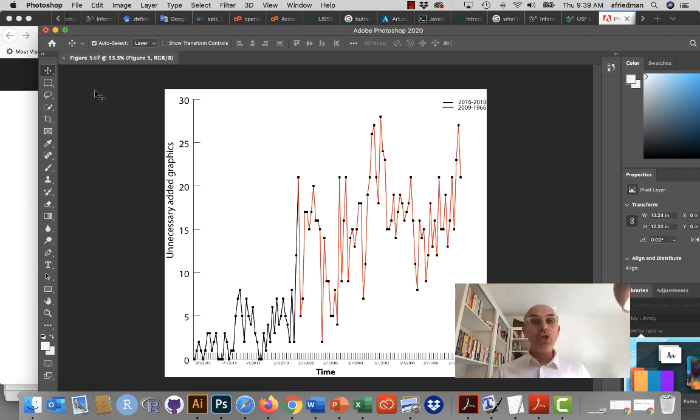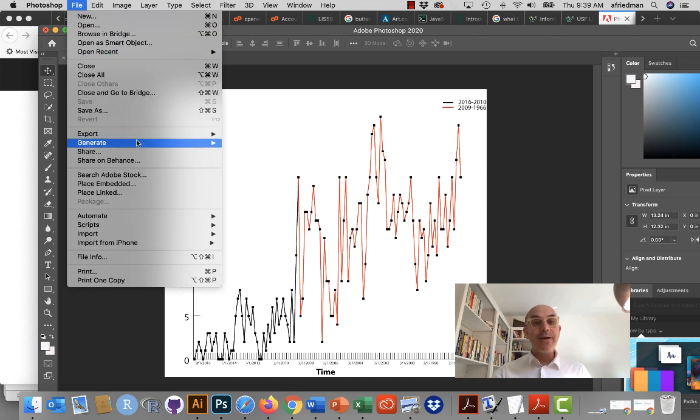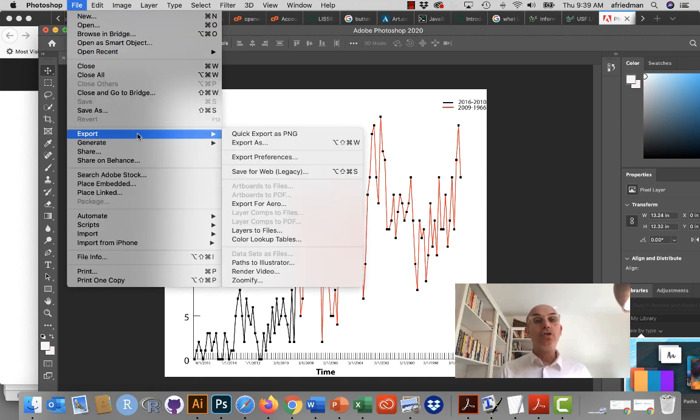So I open the image in Photoshop and try to make the image more suitable for the web. The first thing to remember is that there is an option to export to the web,